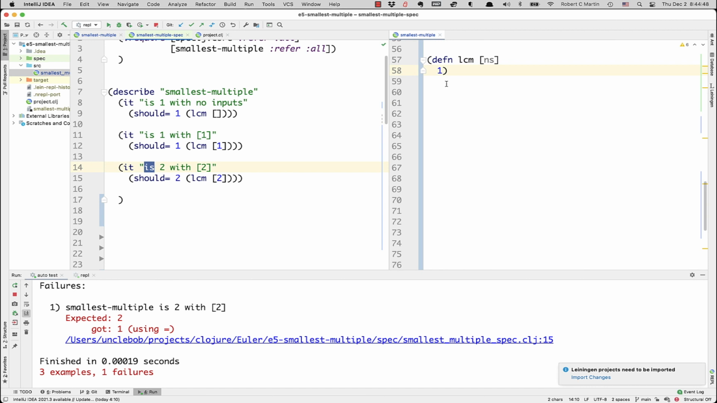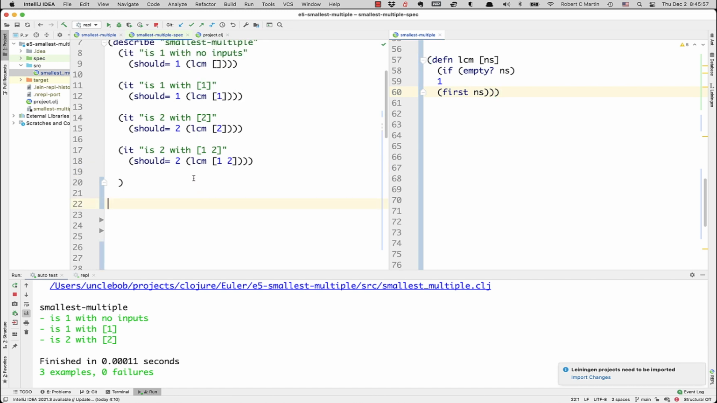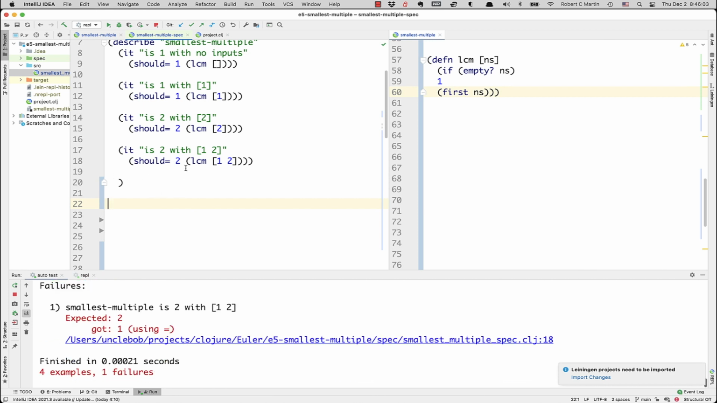Well, how about this? Okay, so that's lovely. That one passes. Can't say I like the algorithm much, but okay, we're doing TDD. That's the way that goes. So the next test should fail. Let's see if it does. Yes, it fails. And that's because the least common multiple of 1 and 2 should be 2, but I'm just